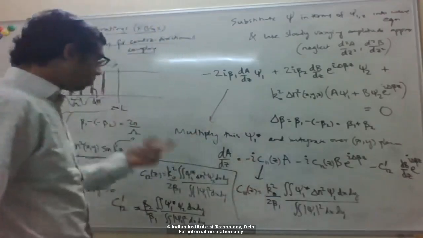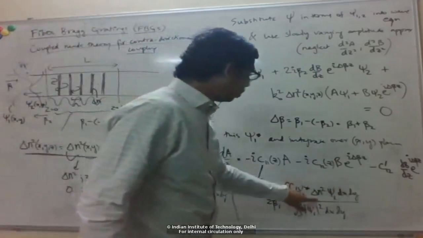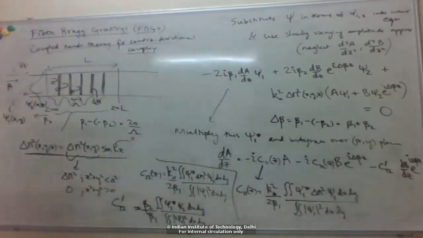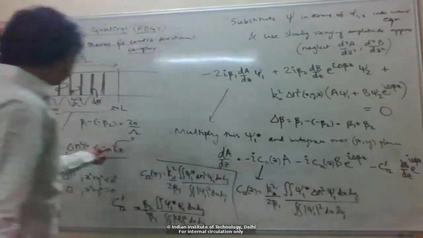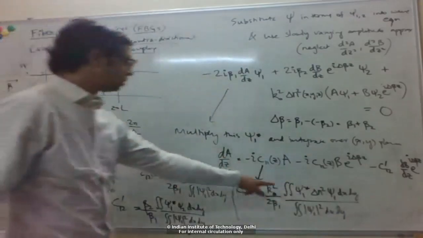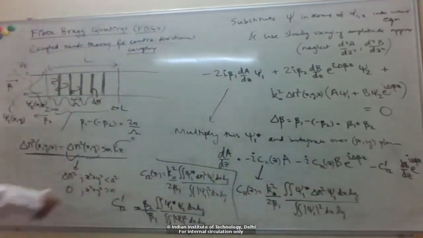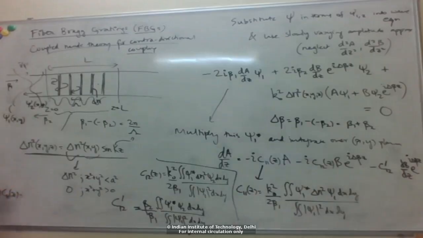and substitute here, you can see that this integral is only over x and y, right? So the z dependence here, sine Kz, will just come out of the integral. This means that C11 of z I can write as some kappa 11 times the z dependence sine Kz, where kappa 11 would be